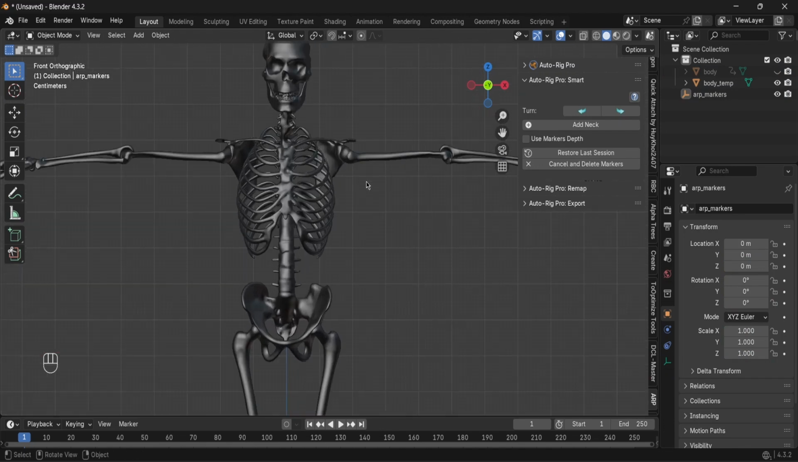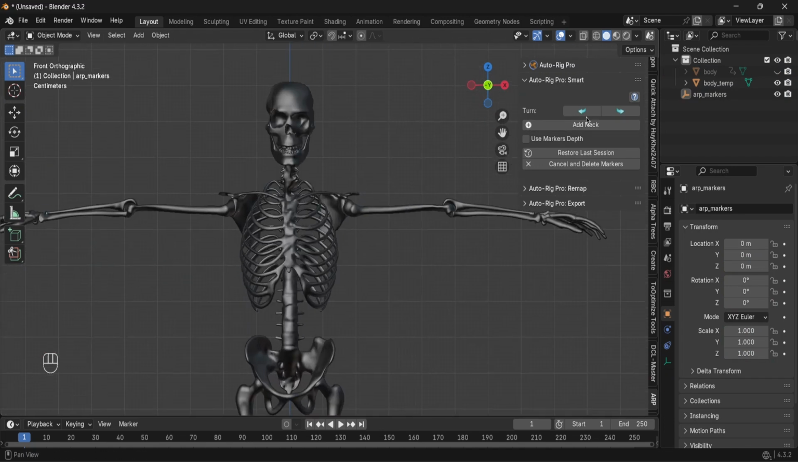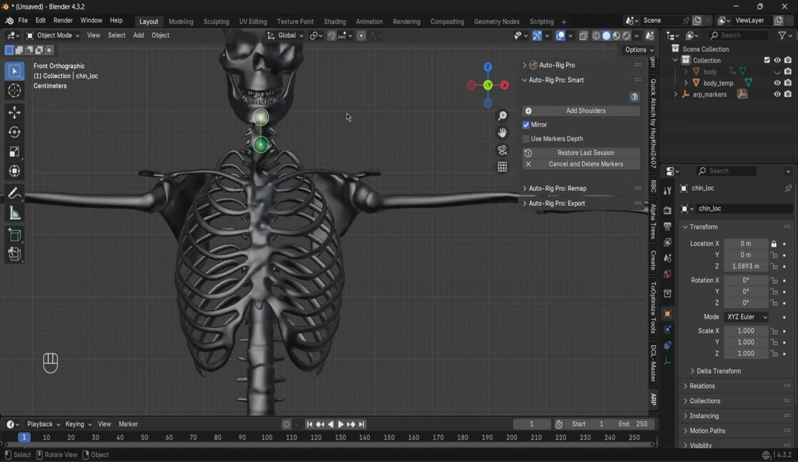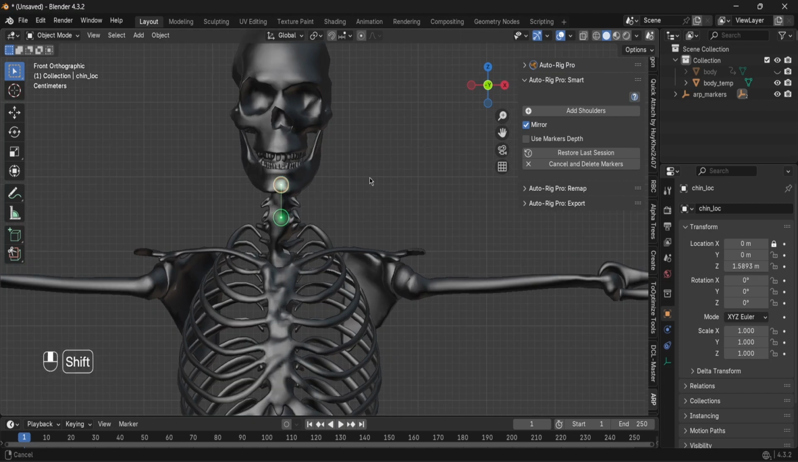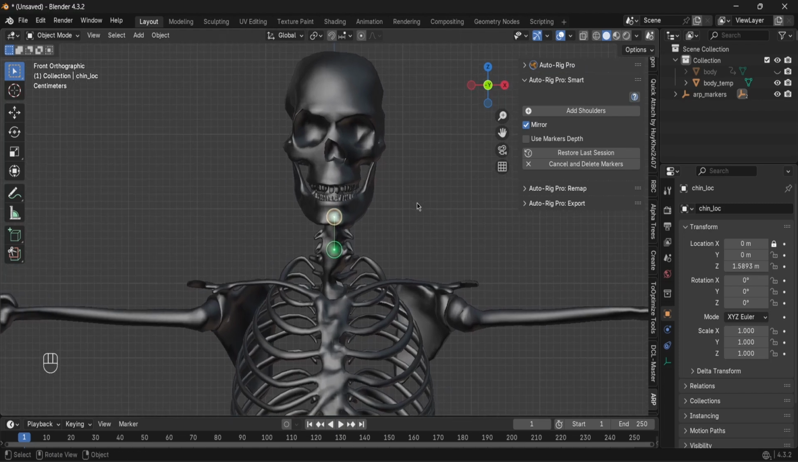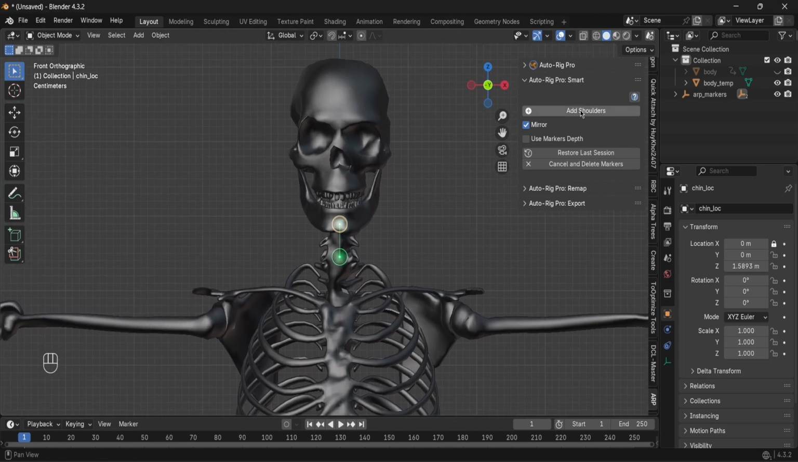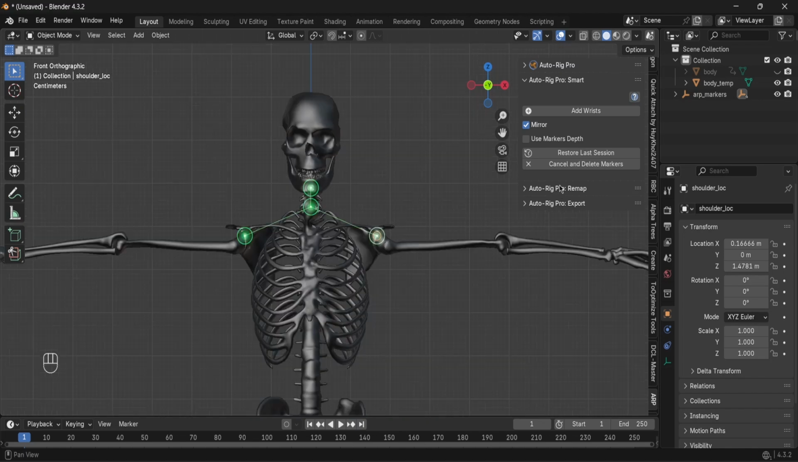From here it's smooth sailing. Just click on Add Neck and we slide to where the neck is. Then click on Add Chin, and we add it where the chin is. I'll zoom in a little bit and then click on Add Shoulders. We place them where the shoulders are. You don't have to be really exact for this process. Let's add wrists,